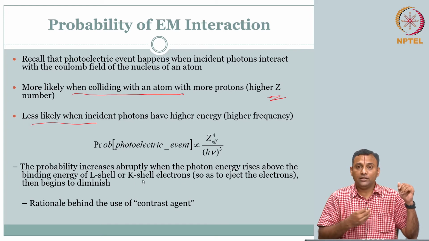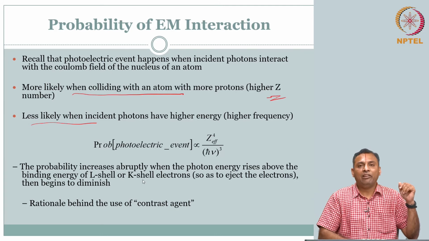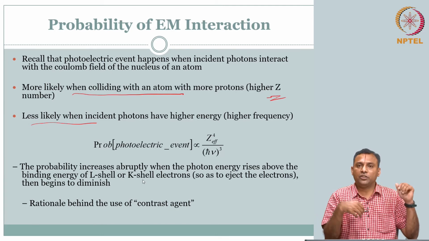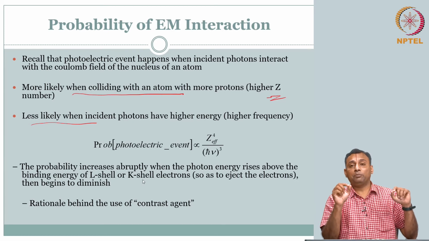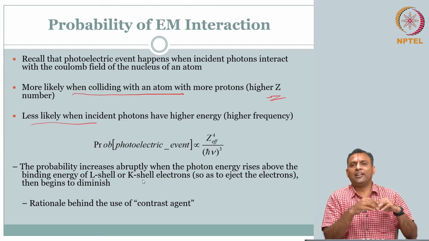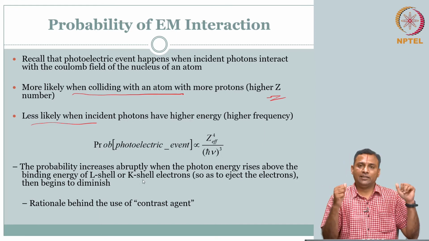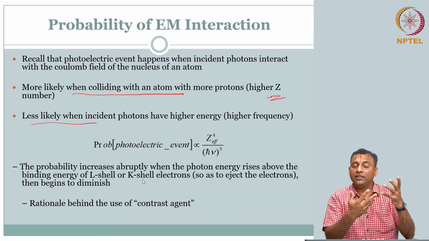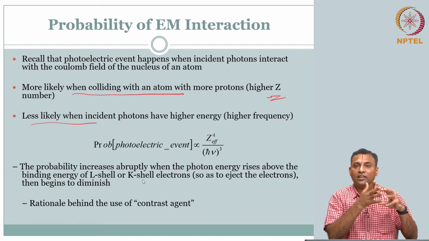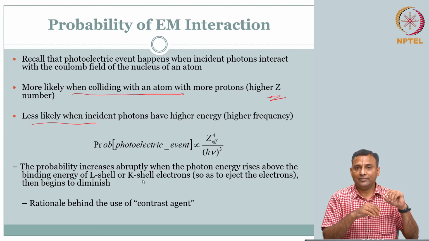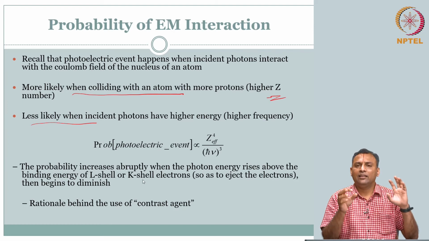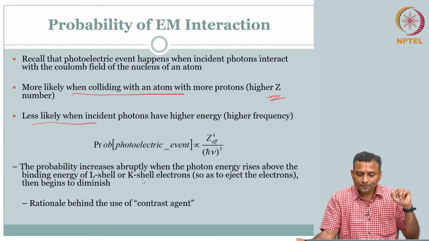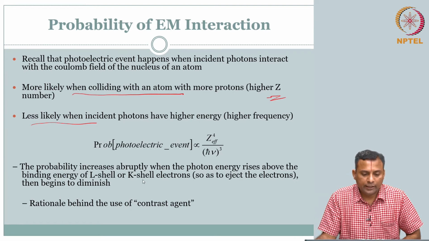So that when that goes in, suddenly that will behave very differently compared to the rest of the tissue. So that you can clearly spot where all the dye is going, you will see that it contrasts out compared to the rest very easily. So that is why it is called contrast agents. So when you do contrast agent angio, you will see several vascular pictures in CT. Those are all high contrast, very clear for that reason. Okay. So that is for the probability of your photoelectric effect.